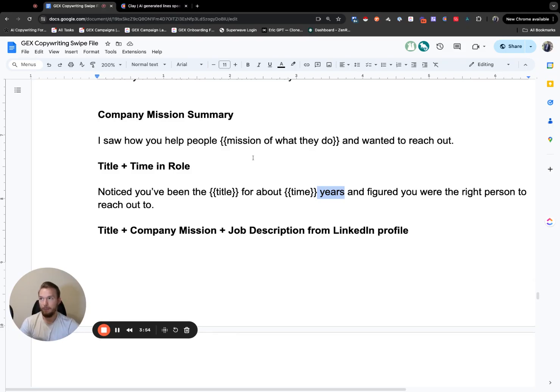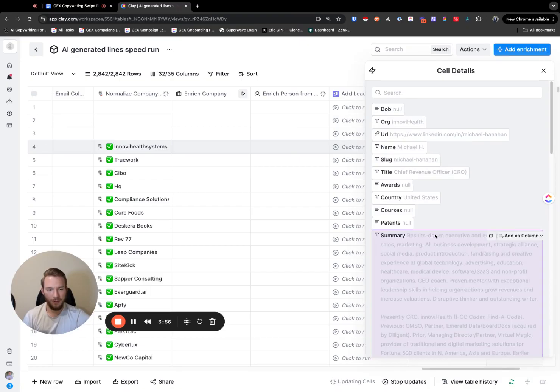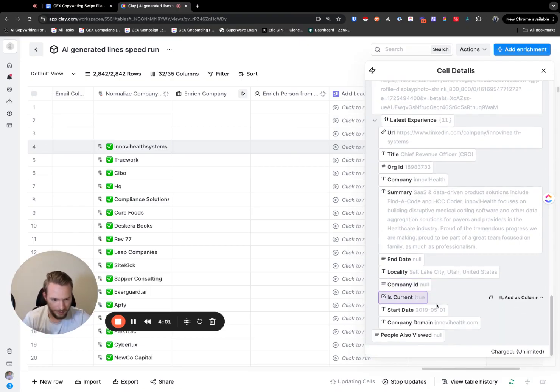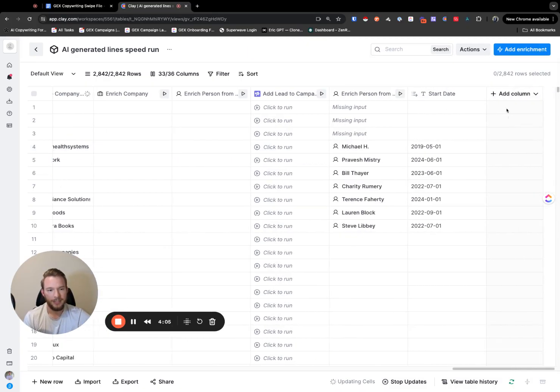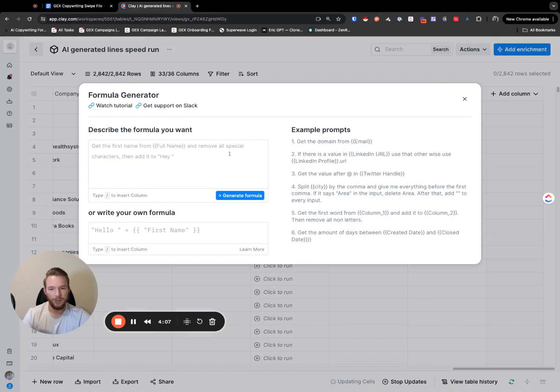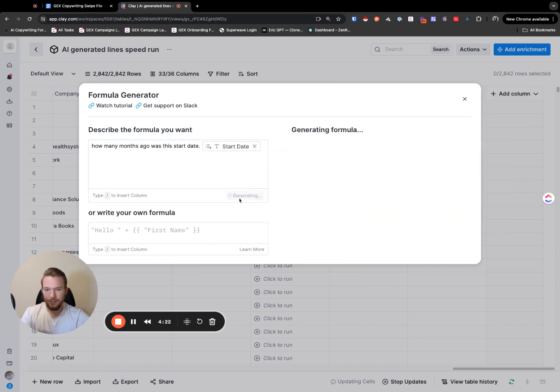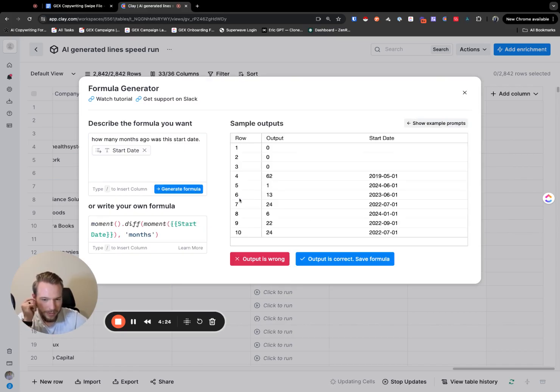Literally, if you just bring the experience, say latest experience. I'm not going to go through filter list of objects right now, but if you literally just go here and you make your start date and then you push forward and then you just say formula, you could say how many years ago or how many months ago was this start date? And then you could generate the formula, or you might have to use AI for this, but anyway,